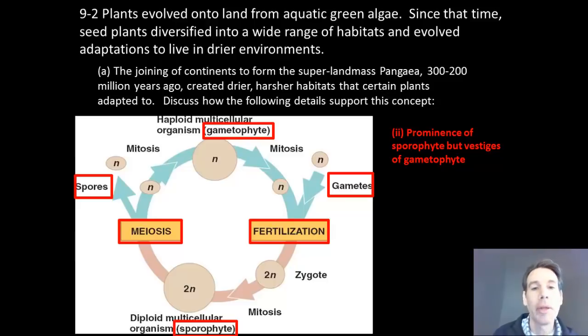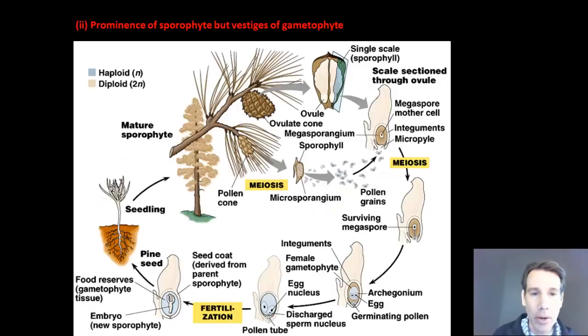So that's something that all plants undergo, this basic process of alternation of generations. So for example, if we compare that process of alternation of generations in this type of seed plant, which is called a gymnosperm, gymnosperms, for example, make cones, as you can see. A pine tree, for example, is a gymnosperm. So here we're looking at the sporophyte, and that sporophyte will undergo meiosis, and we're going to focus on this female cone. So that's the larger cone here, that's the male cone. But we'll focus on the female cone.